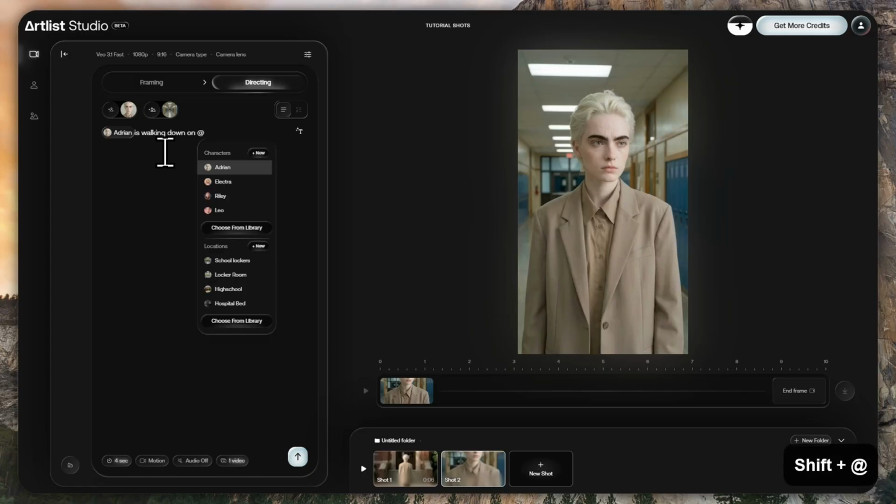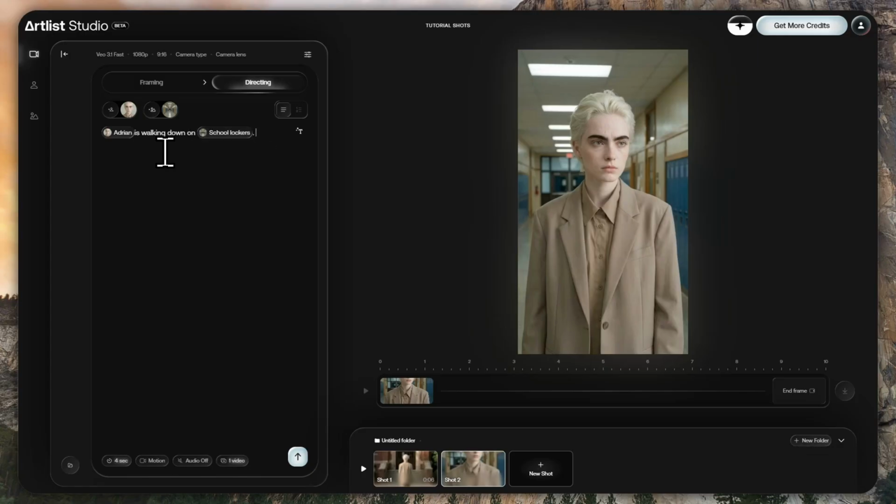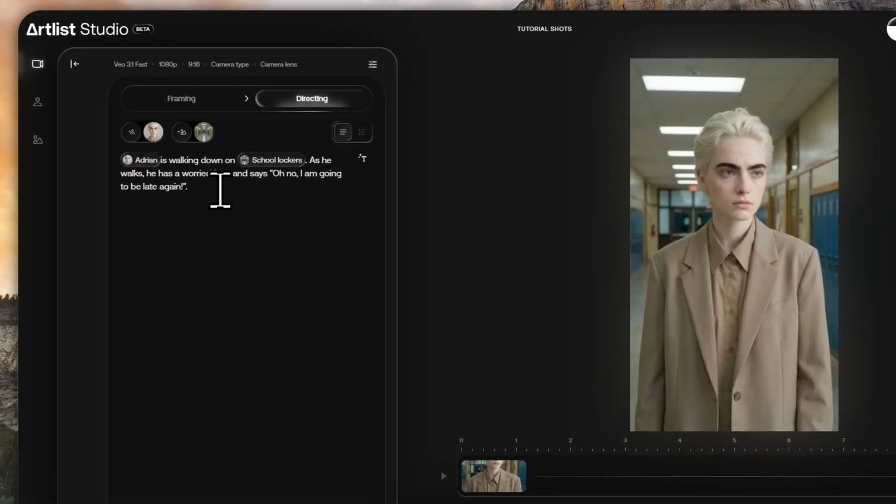down on the school lockers. As he walks, he has a worried face and says, "Oh no, I am going to be late again." So something like this. Now this time we have a dialogue, so we would need to turn on the audio in here. And yeah, that's basically it for this one right here. Now we can enhance the prompt,